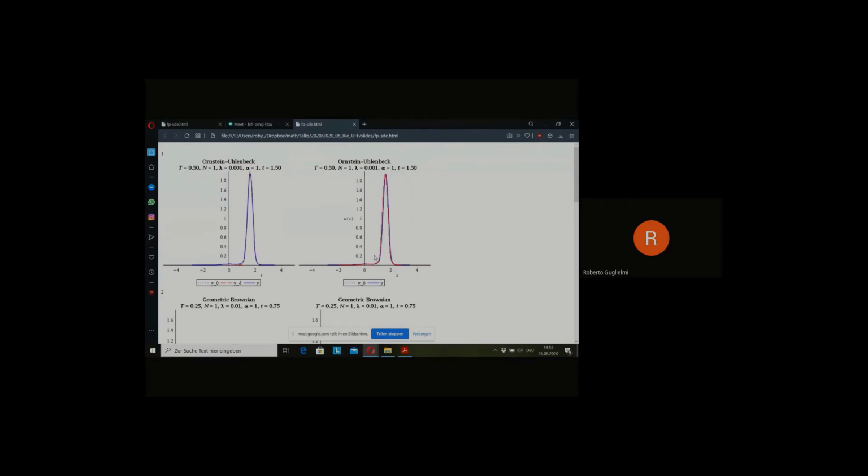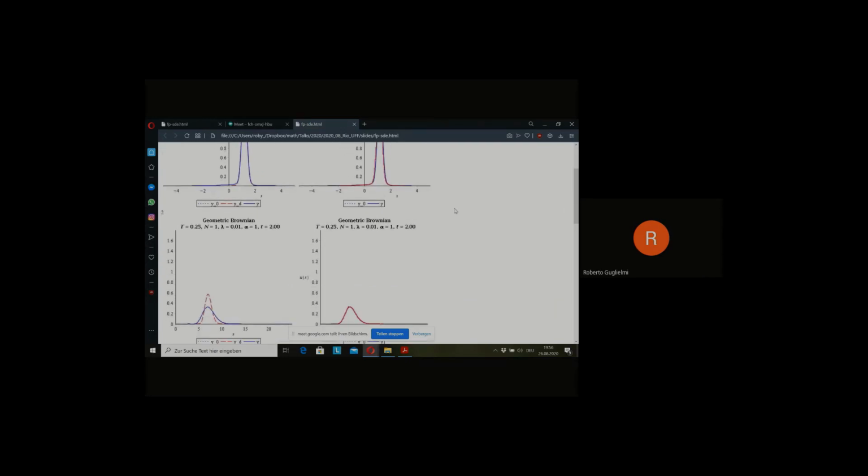Plugging the optimal control found for the Fokker-Planck equation into the stochastic process gives a very good tracking of the desired probability density function, also for the many realizations of the stochastic process. Here you can see this for the Ornstein-Uhlenbeck